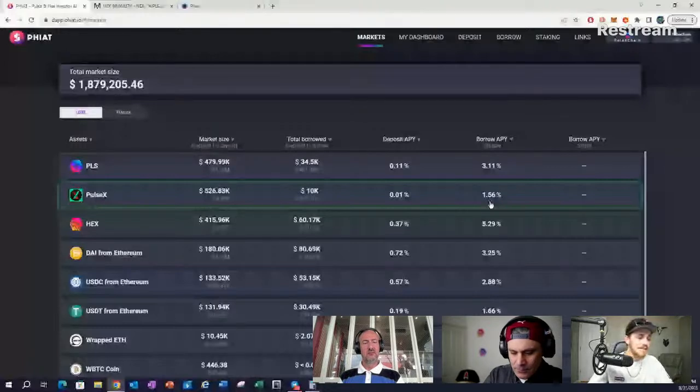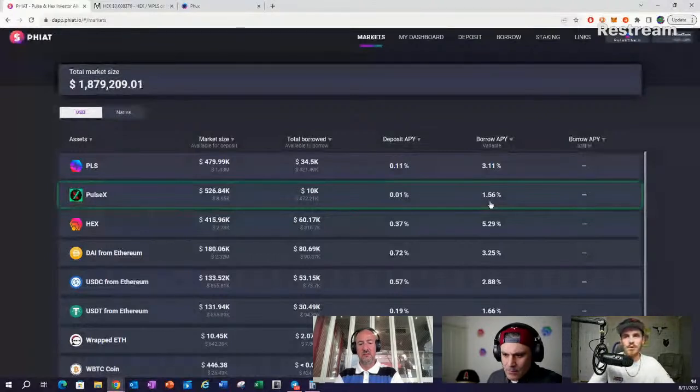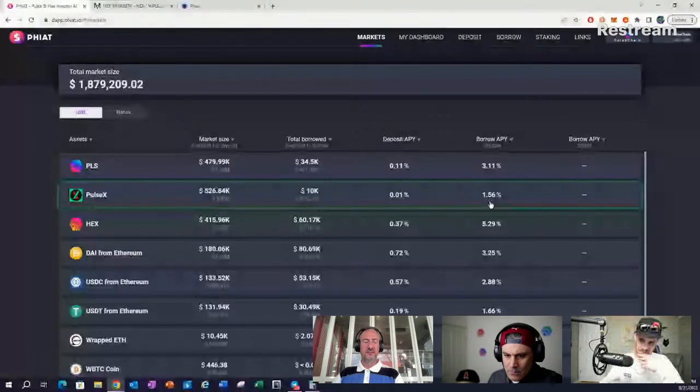There are other liquidity providing things that you can do, like say you had Pulse or PulseX, and you wanted to just borrow a stablecoin, and then you could throw it up in one of the stablecoin liquidity pools that we have on pHUX, right? Or you could use your stablecoin to borrow Pulse and PulseX, and then put it in the PulseX pool to farm ink, right? There are different things that you can do. I like arbitrage, right? So these are the things that I look for as a speculator of sorts, right?